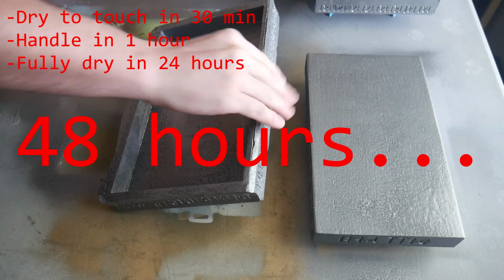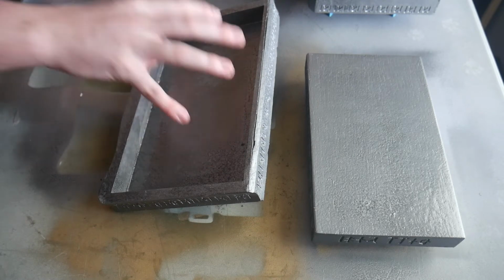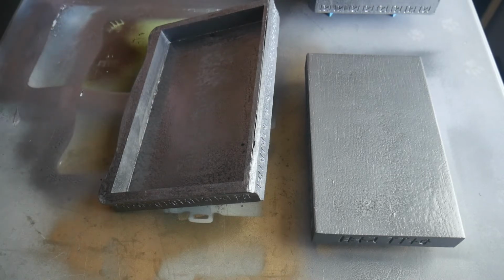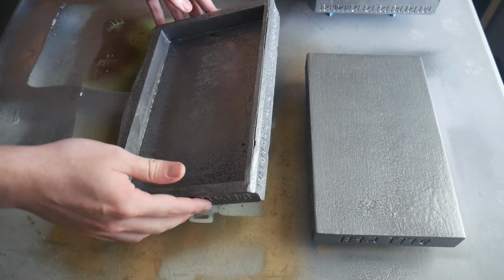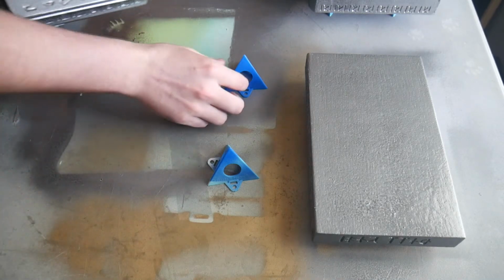It doesn't feel tacky to the touch, but if I rest something on it, like my hand, even while I'm looking at it, and I go to pull it off, I can feel that it's not 100% dry yet. So I have it sitting on these, see, it just stuck to that little triangle, but these are just like little